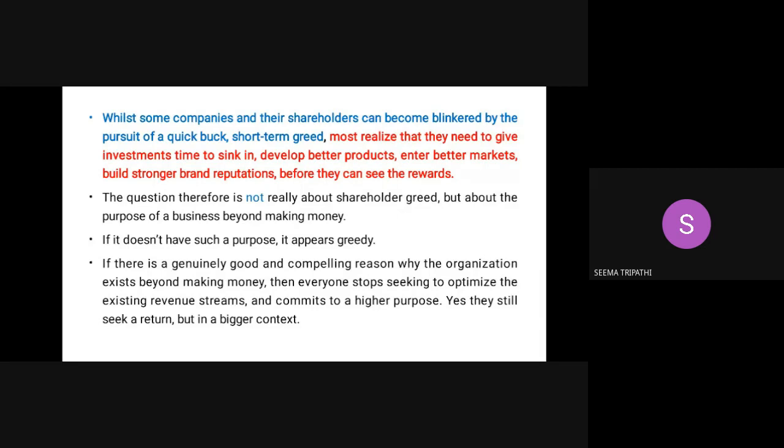You see, many companies I mentioned here, and their shareholders, they become bankered with that quick buck, or we can say short-term greed. Clear? They want to make profits, they want to make reputations, they want to build their brands, they want to get the rewards on the day first, my dear. And that is why their goals are, I can say, not achievable. Many of the businesses you will see, they just close within 5 years of their start. Why? Because they make a short-term profit, and they don't have a concern for the long run. That is why they suffer, and they make the people suffer.